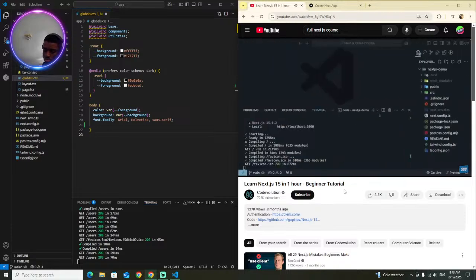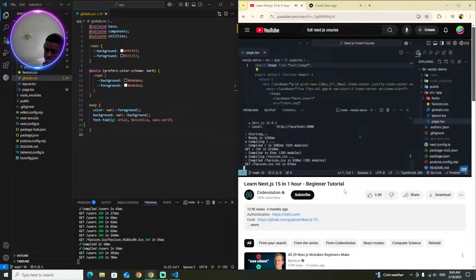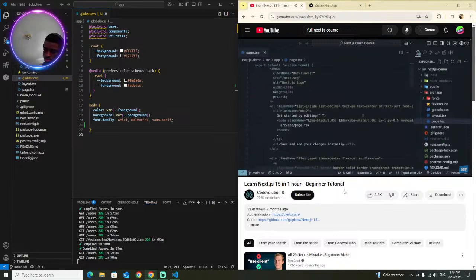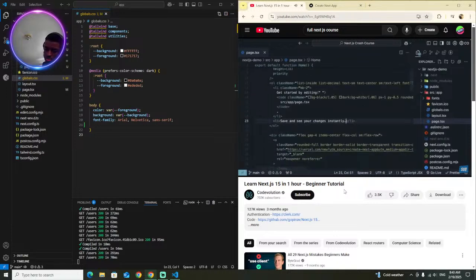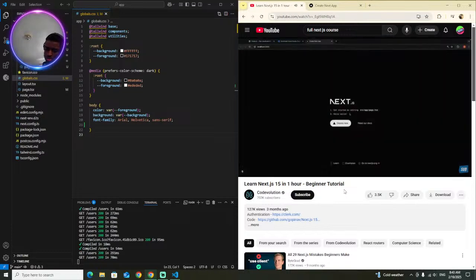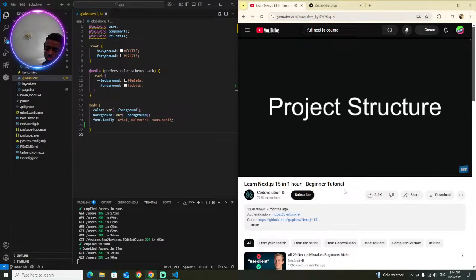Let's make our first edit. In VS Code, navigate to src/app and open page.tsx. I'm going to minimize the terminal with control backtick again. Here, we're going to find the second list item element and replace its text with hello world. Save the file. The changes will automatically refresh in your browser, and you should now see hello world displayed on the page. Now that we have our first Next.js 15 project up and running, let's head back to VS Code